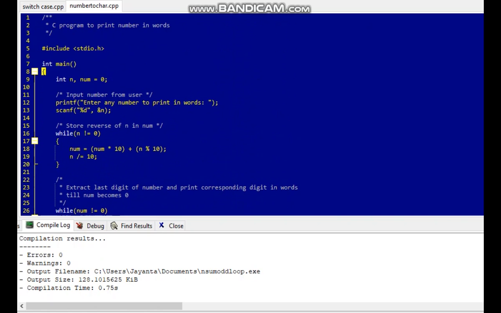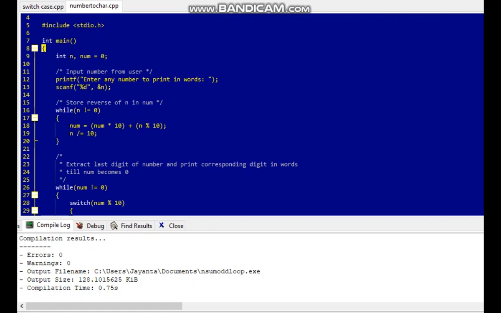In this program, first I have taken two integer variables, that is n and num, and initialize the value of num with 0. The first message should be shown like that: enter any number to print in words. And through the integer variable, the value will be taken as input.